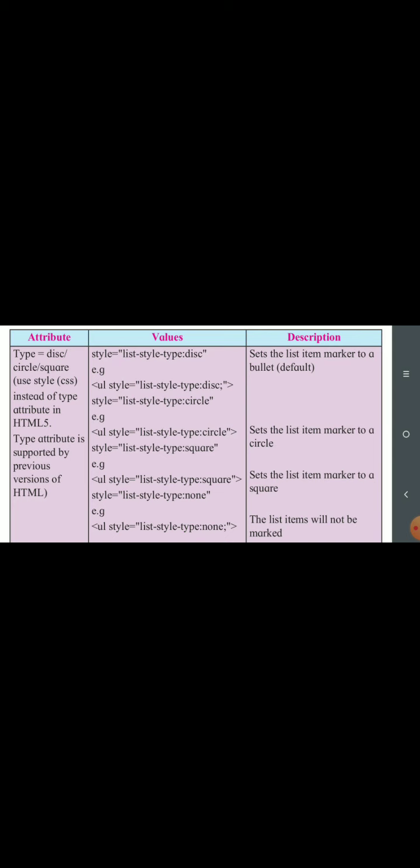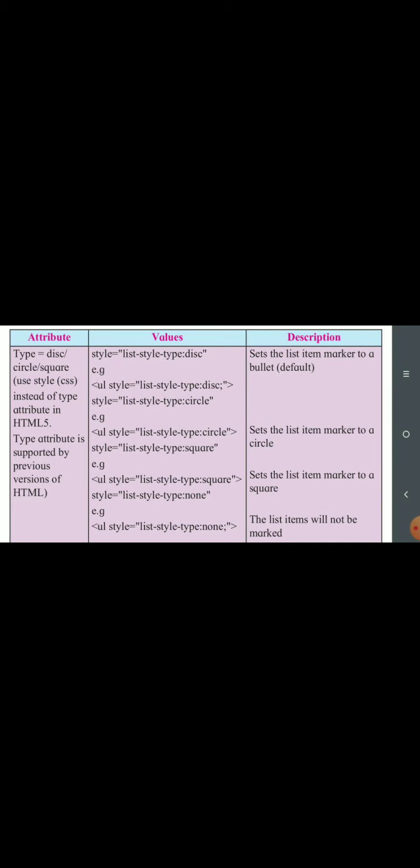We can write style is equal to list-style-type colon disk. So for that we use the style attribute, and the value of the style attribute will be list-style-type colon disk. This displays the item marker as a bullet, which is the default bullet.